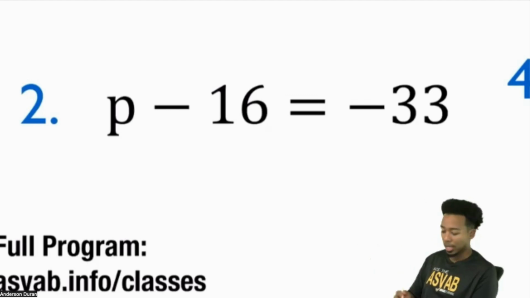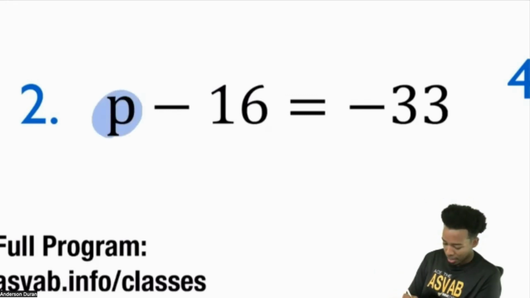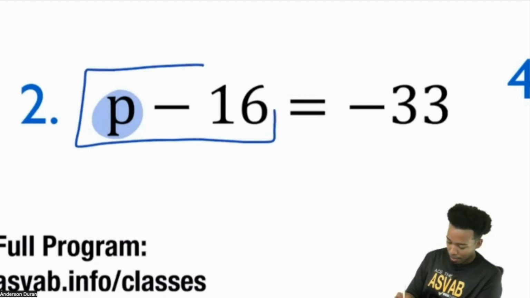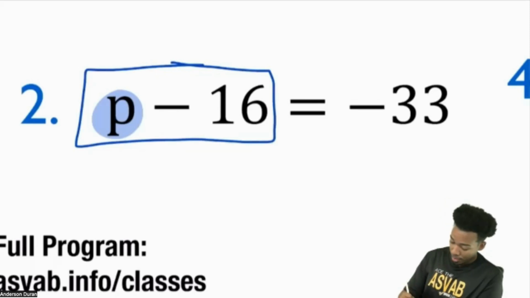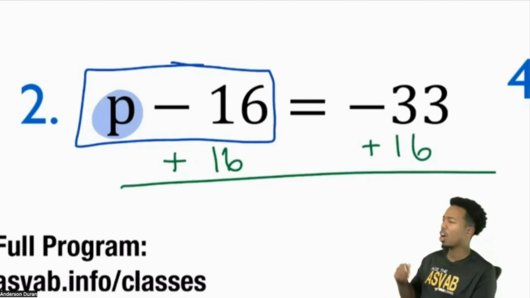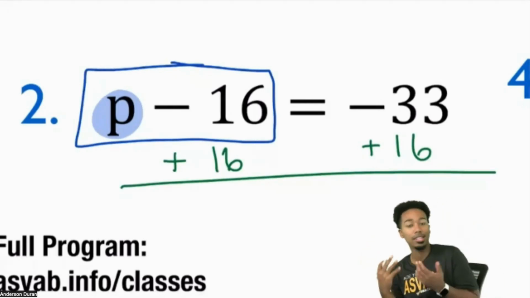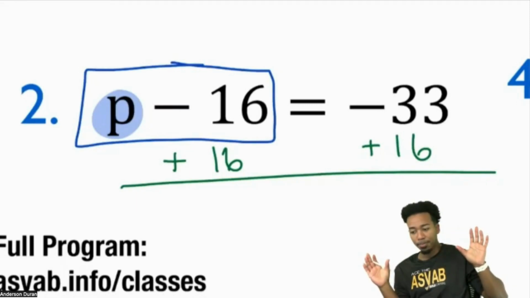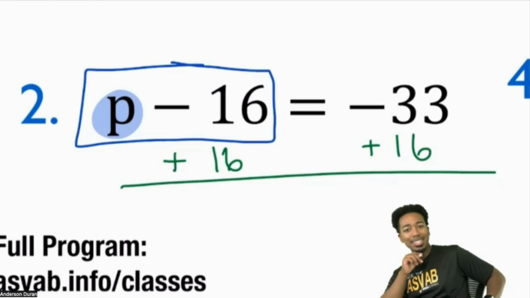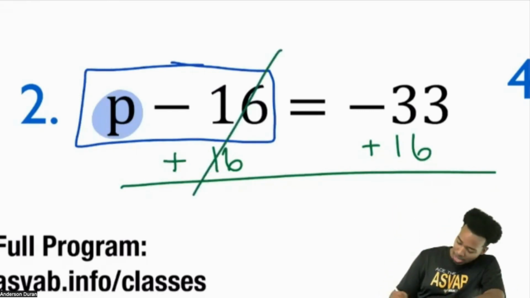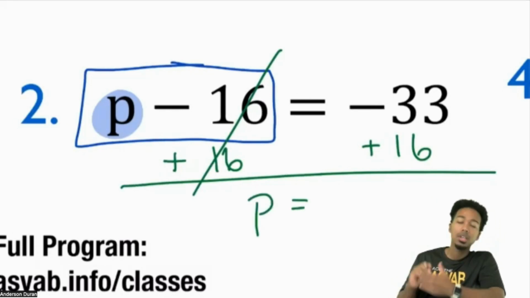Opposite operation. I see that I'm trying to get the p by itself right here. And I've got to get rid of that minus 16. So to get rid of that minus 16, I'm going to add 16 to both sides. If you get to this part and you're like, oh crap, I forgot how to add with negatives, that's fine. But the process, you should know. I've got to get rid of that minus 16 to get p by itself, so add 16 to both sides. And once you do that, boom, that cancels, and you get p equals,